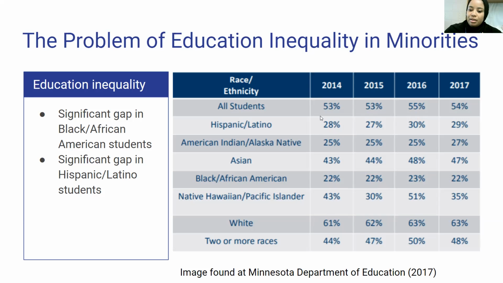And American Indians are around 25 to 27%. This is significantly less than the white students that are around 61%. This educational inequality has caused me to investigate how educators can embed a science curriculum, a scientific literacy, into the science curriculum that is transitioning to the 2019 standards in the next few years. Because of the significant gap of Black and African American students, I decided to investigate what are the true causes of this disadvantage or underachievement.